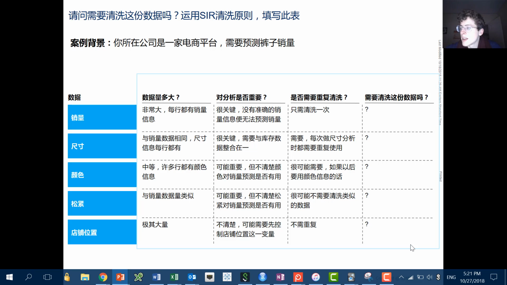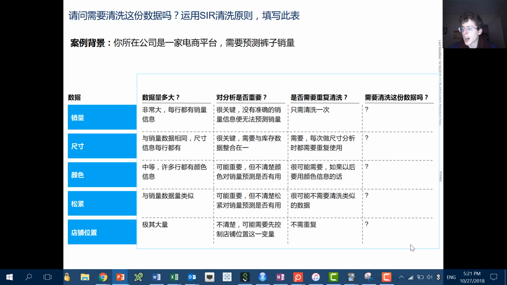Next, it's difficult, and we can talk about this during the next session. I would probably say size is the next most important. You have to have it in order to join on the data. So in order to know how productive something is, you need to be able to join on that. And if it's not perfectly clean, then you won't be able to know a part of your data's, or maybe a significant chunk of your data's, productivity. So I would rank that very highly, and definitely would clean it.